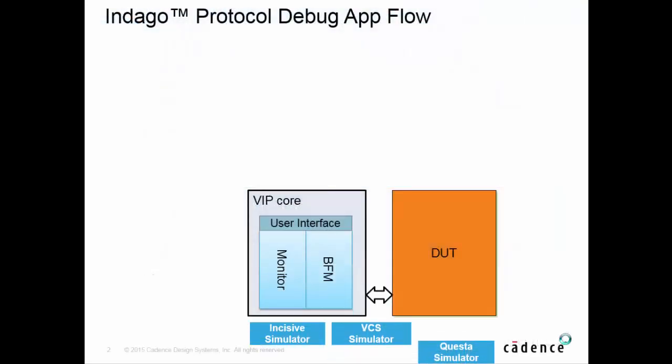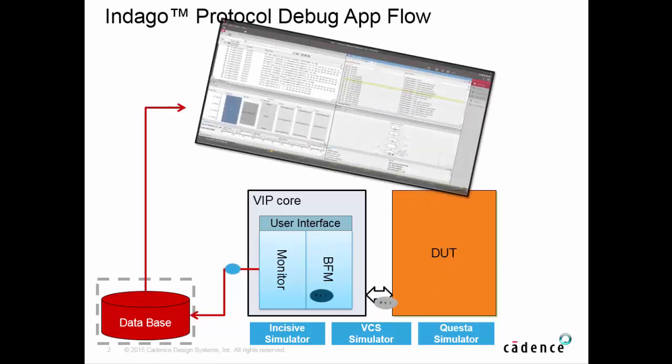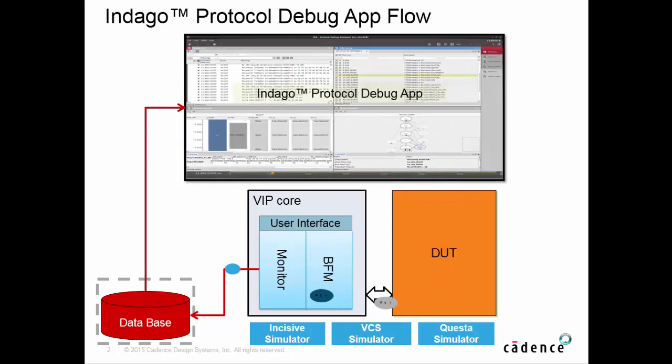The VIP runs against the DUT, device under test, in simulation on top of one of the different simulators. All the data traffic, state machine transitions, and any relevant information is recorded by the VIP into a dedicated database. Once the simulation is done, the protocol debug app GUI reads from the database, analyzes the data, and presents it in a protocol-meaningful way, enabling you to go back and forth in simulation time and find the root cause of the